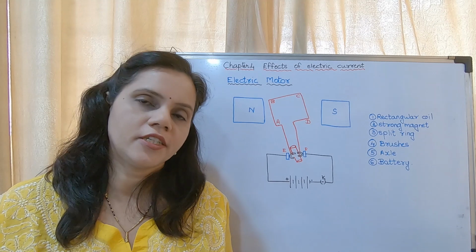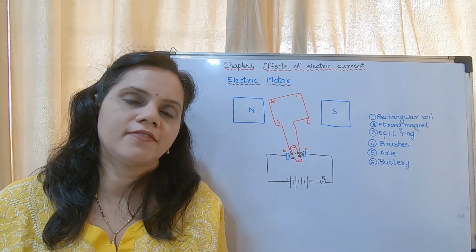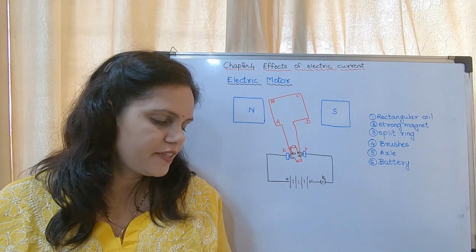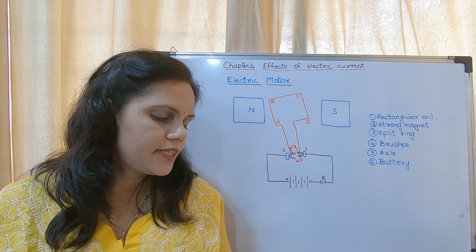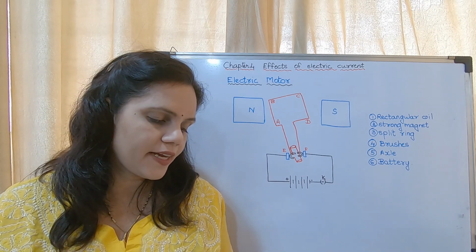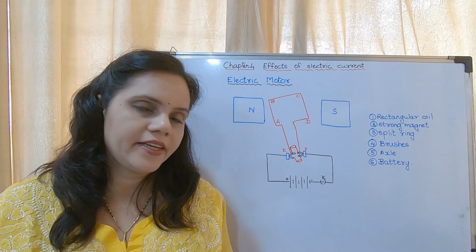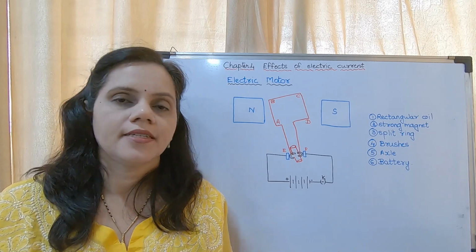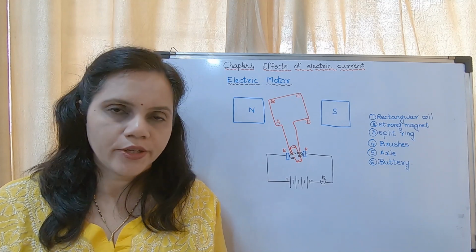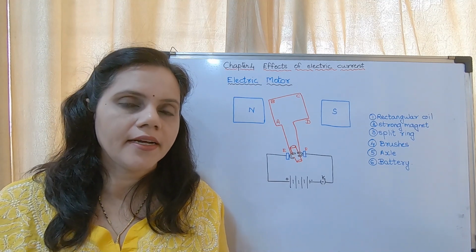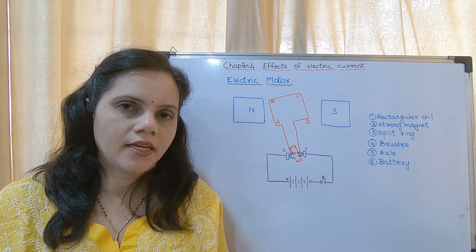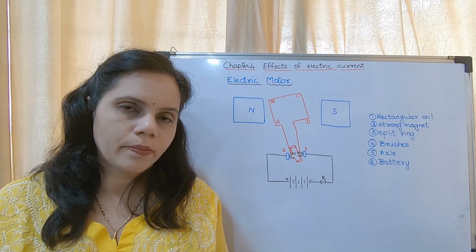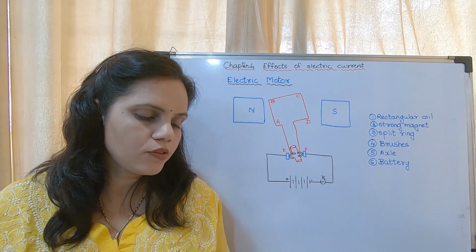Now one of the most important topics of the chapter, that is working of electric motor. On page number 55, there is a try this question. Determine the direction of the force on the wire in the above experiment and verify your finding. What is the direction of the wire? You may write the answer. Direction of the wire is perpendicular to both magnetic field and direction of current.